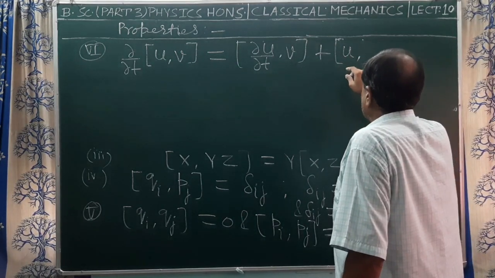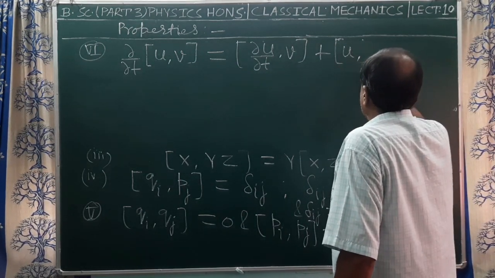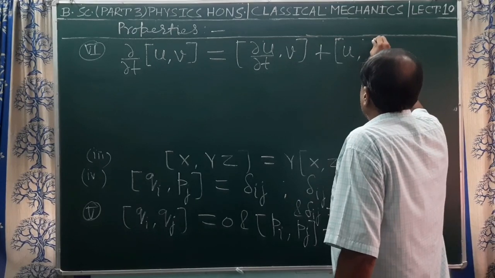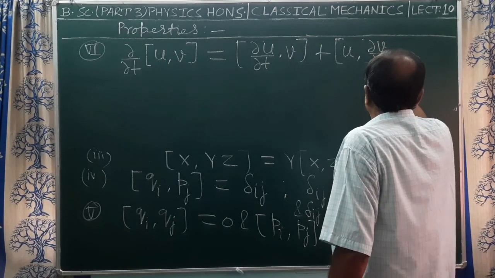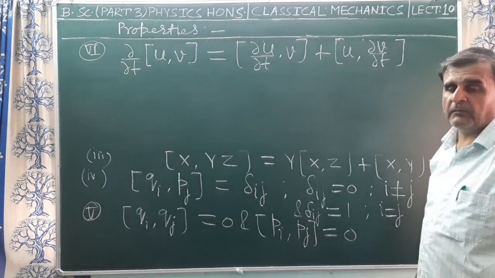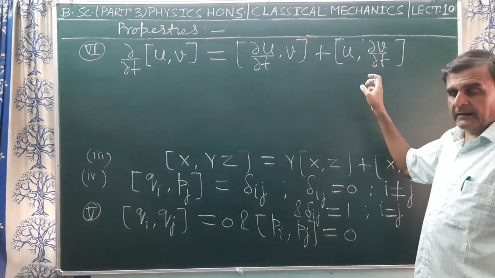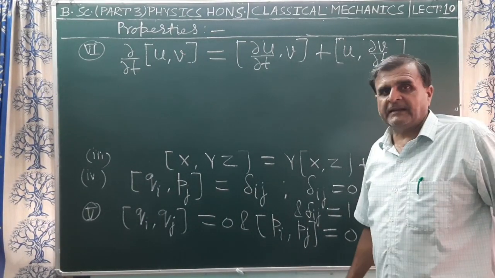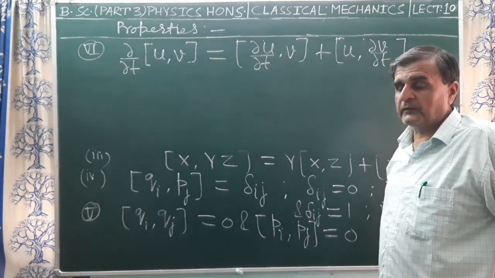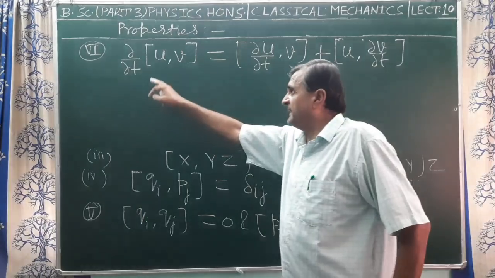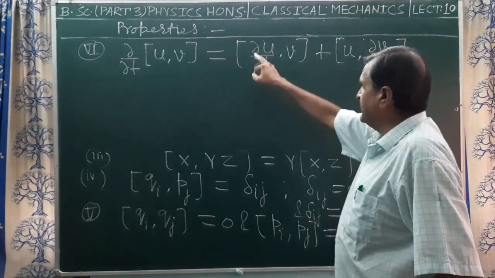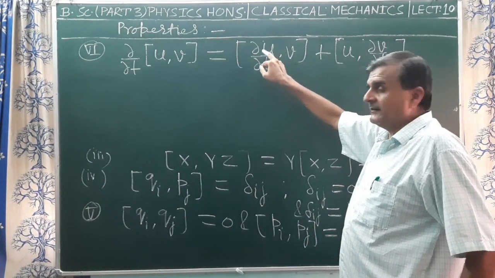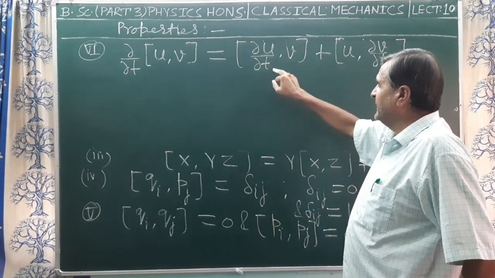So it is under square bracket u, which remains constant, taking u as constant, comma del v upon del t, that is the partial time derivative of the other dynamical variable v. So we have the partial derivative of two dynamical variables, say u and v, that is del upon del t under square bracket u comma v equals under square bracket del u upon del t, that is the partial time derivative of the first variable u, del u upon del t comma v,